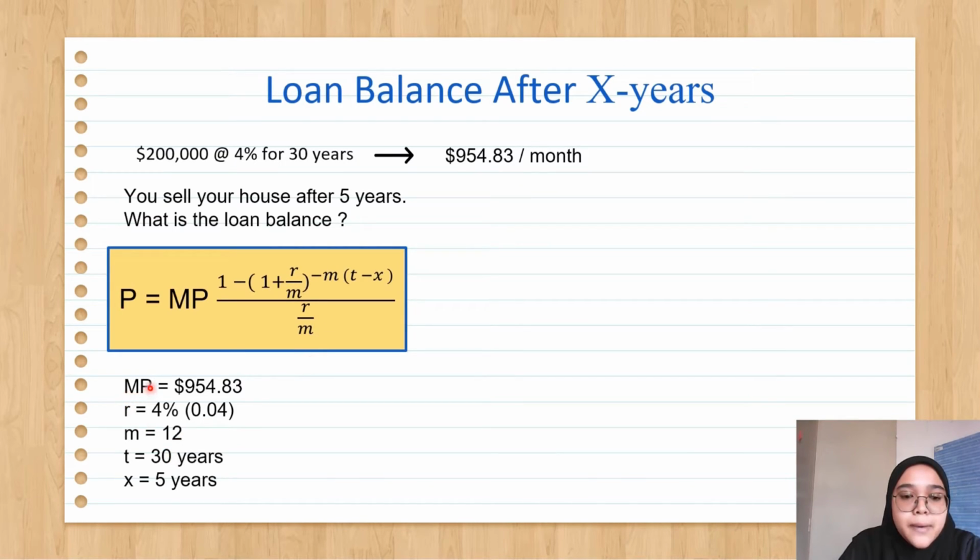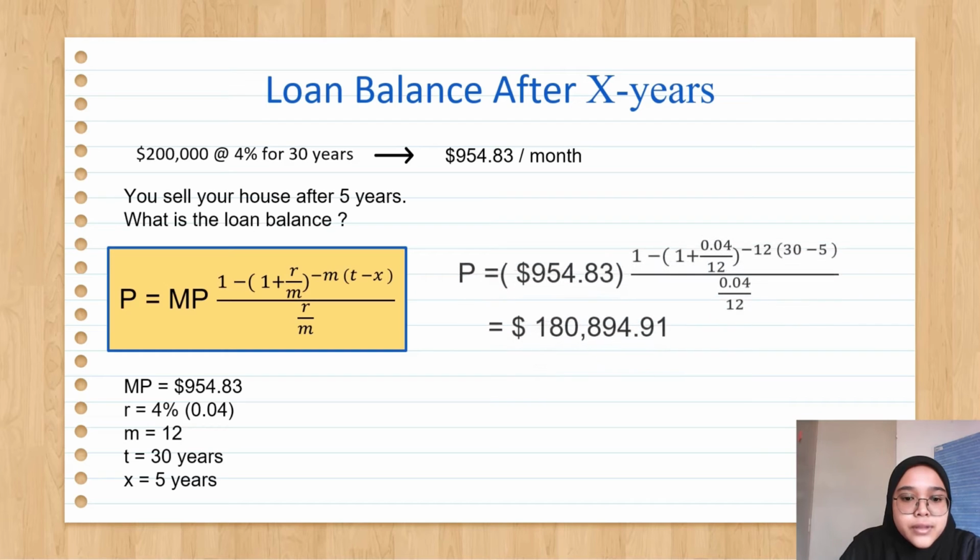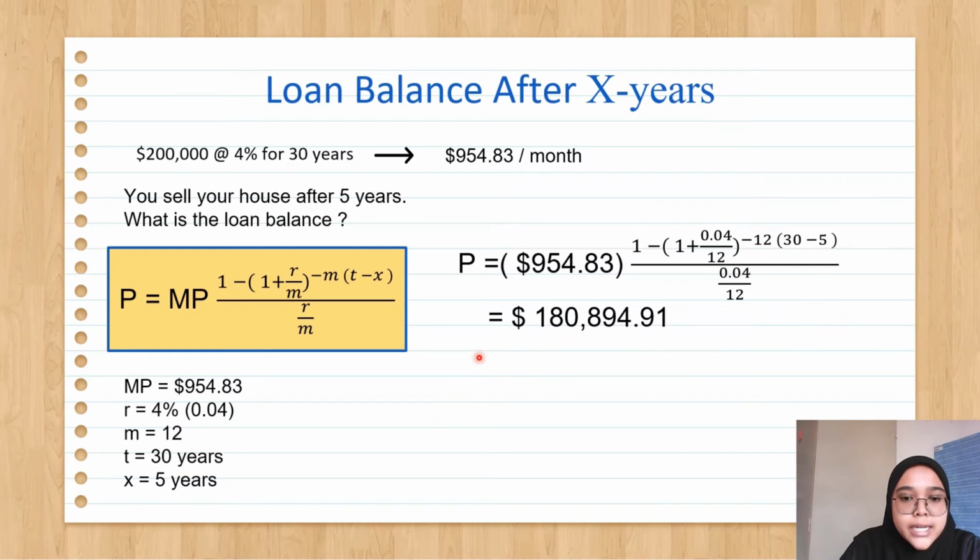Okay, the monthly payment is $954.83. The rate is 4%, and we convert it to a decimal, so it's 0.04. The number of conversions is 12. The time is 30 years, and the x is 5 years. Okay, now the principal remaining is equal to